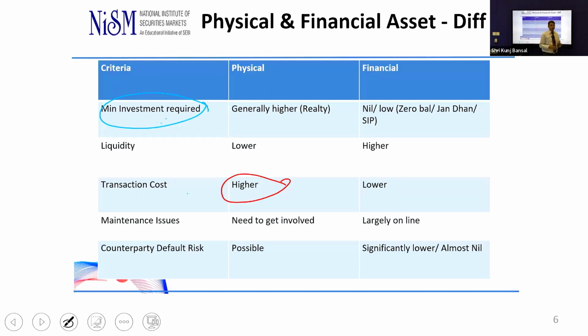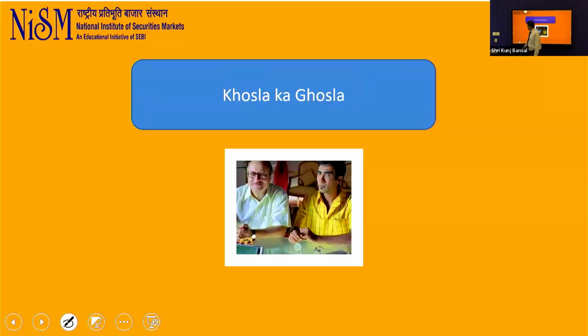Now that we know, obviously, what should be our preferred mode of investing? Can somebody quickly type? Obviously, financial assets should be our preferred mode of investing. But the point comes that I want to invest in real estate. Can I invest in it in a financial format? Somebody said no. Yes, that's what we are here to address. You can. Now you have mechanisms whereby you can invest.